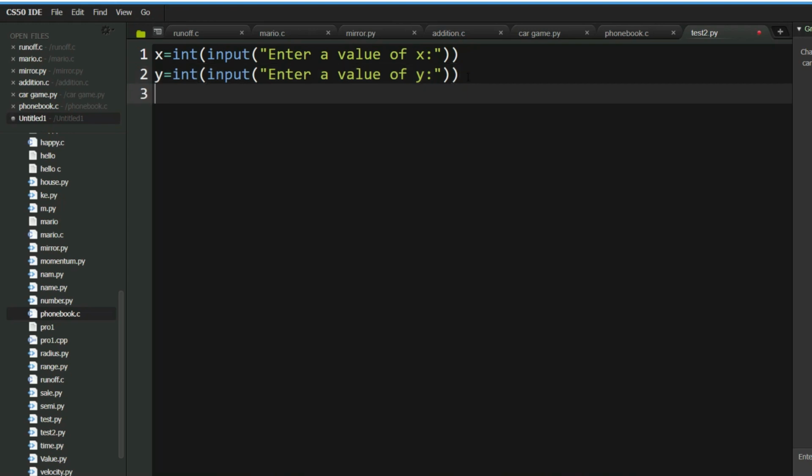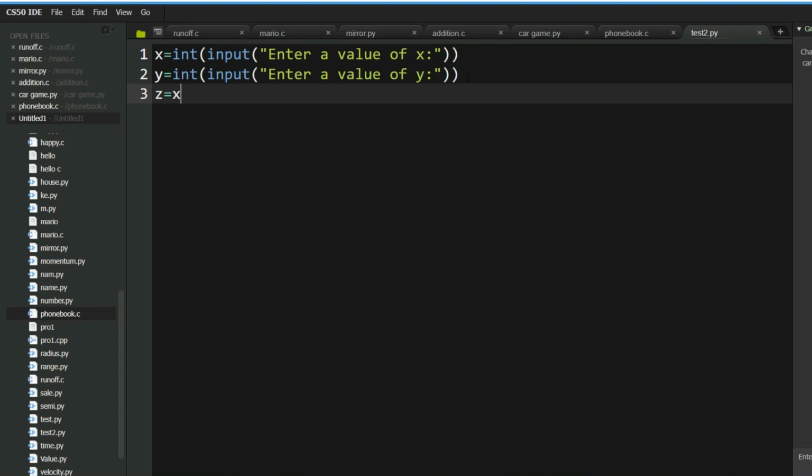Now we need to do what? We need to swap two numbers. In Python we can do this task in a different way, you can swap numbers in many different patterns, but I am going to do one thing. I am going to make one new variable. You can call it a temporary variable. I'm just making a variable named z, and I'm assigning x into it